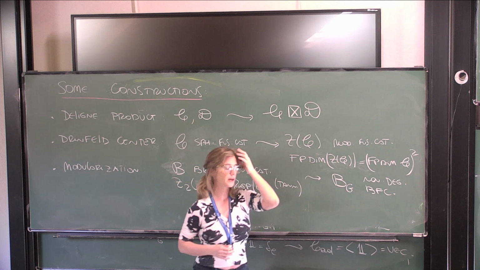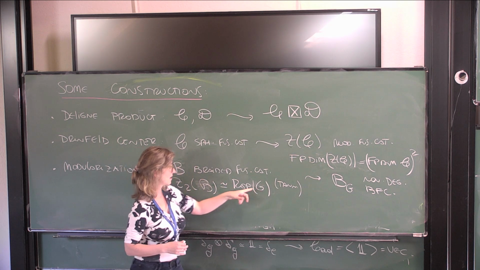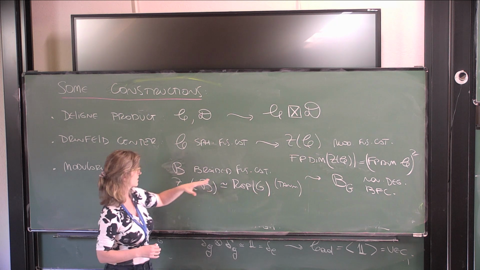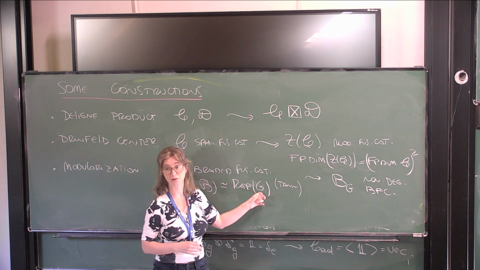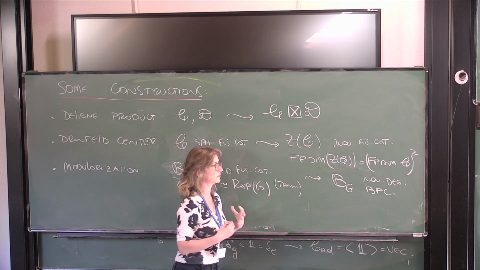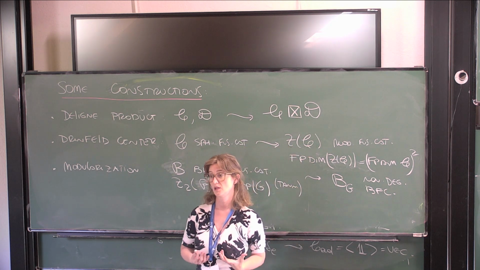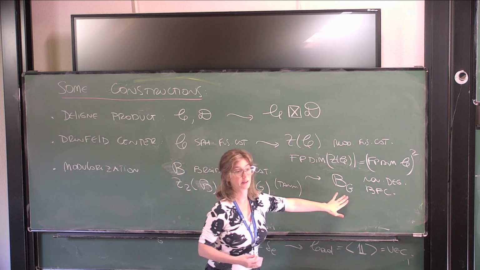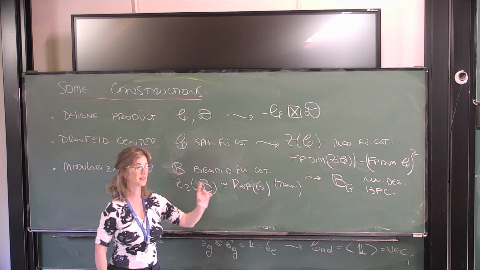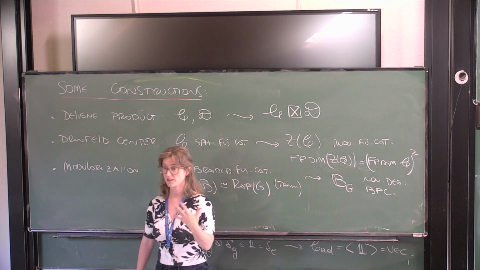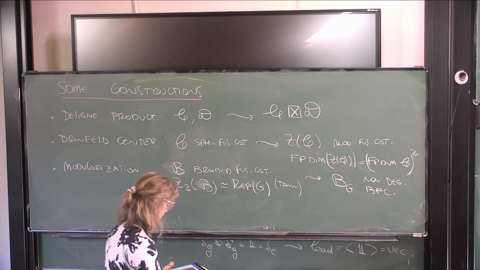And what is this category? What we are doing is we have this subcategory, and then with this we can construct a commutative algebra in my category. Which algebra? The algebra of functions of this group. So now this will be a commutative algebra in my category, and then I can consider the category of modules for that algebra. That is what we are doing here, taking modules over this commutative algebra. So this Tannakian is important because it gives me the commutativity, and that tells me that this will be fusion again. If I have super, it will not be fusion. But you can do something else in that other case.